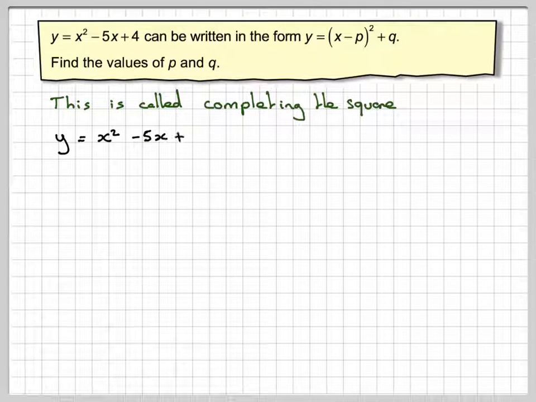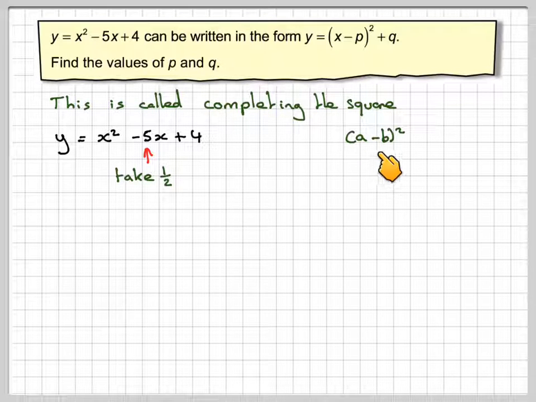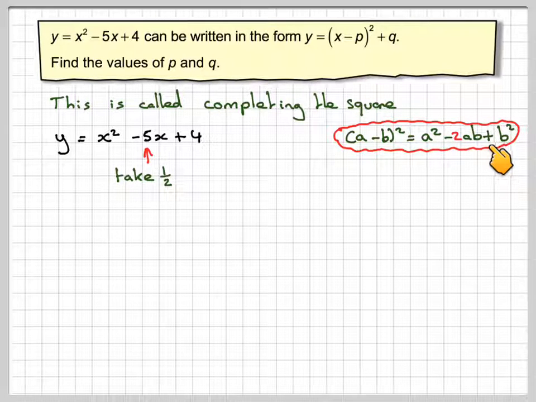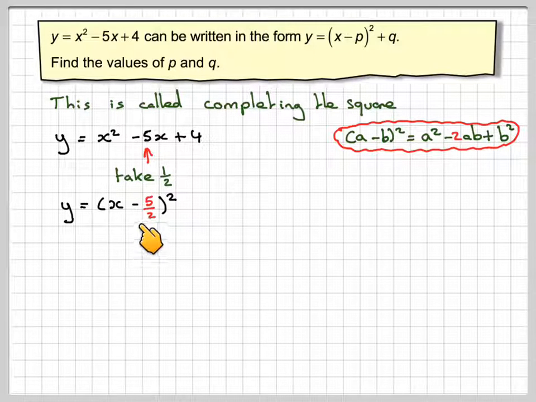Okay, so we've got y is equal to x squared minus 5x plus 4. So what we need to do is look at this minus 5 here, and we take half of it. Now, why do we take half? Well, if we expand (a minus b) squared, you get a squared minus 2ab plus b squared. So what we're going to do is write it like this, so we'd have to take half of this term here. So, taking half of 5, we're going to have that y is equal to (x minus 5 over 2) squared plus